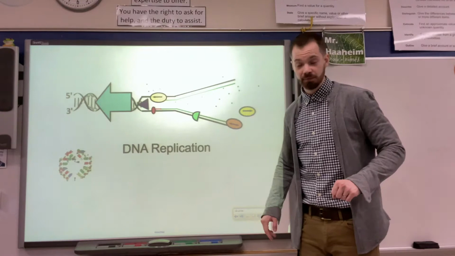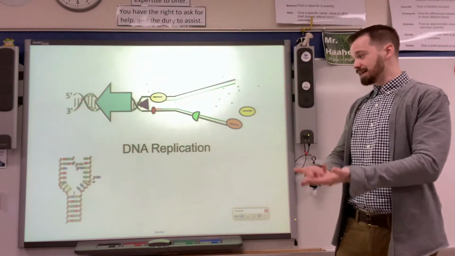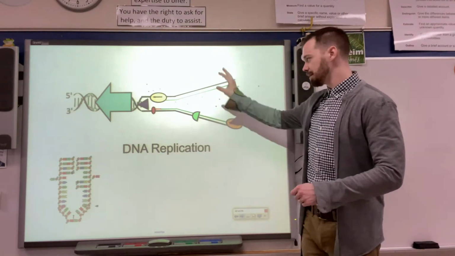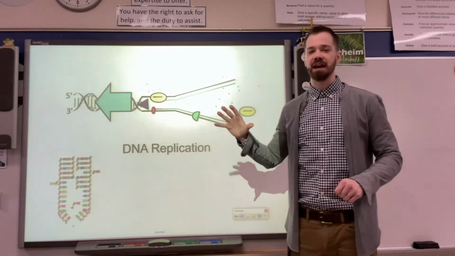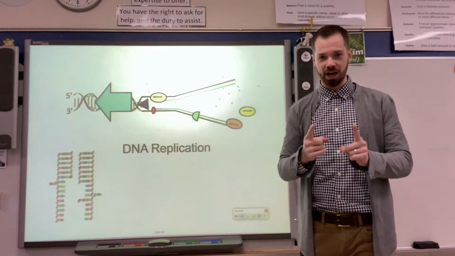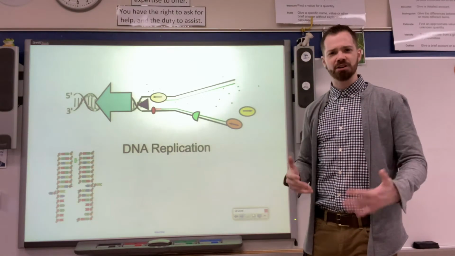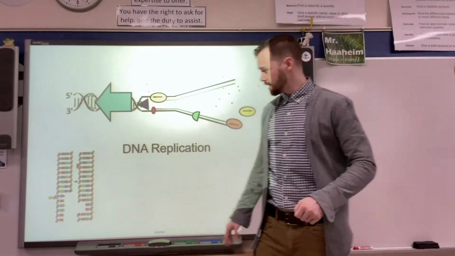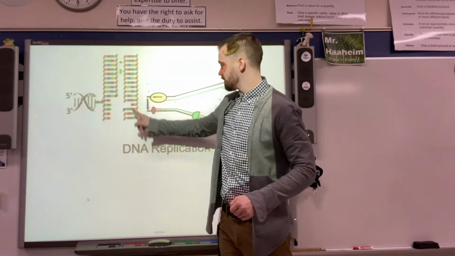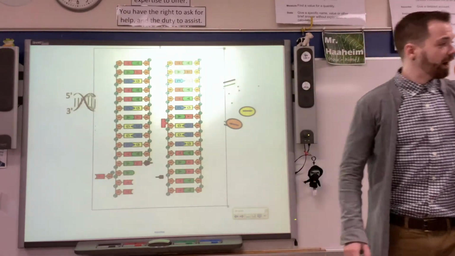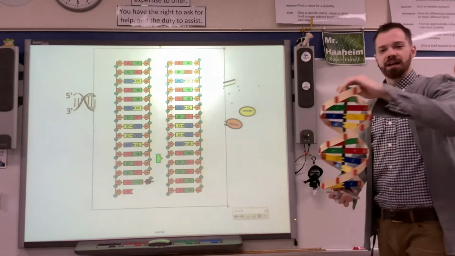1 right now. Now, the big idea here is that when you are copying your DNA, there's a process, and there's going to be a lot of enzymes, and each of them is going to have one small, very specific job. But if I were to show you this process from beginning to end, the real idea here is that what we're going to want to do is have a strand of DNA, and this is going to reset here in just a moment, but we're going to have a strand of DNA like the one that I have in